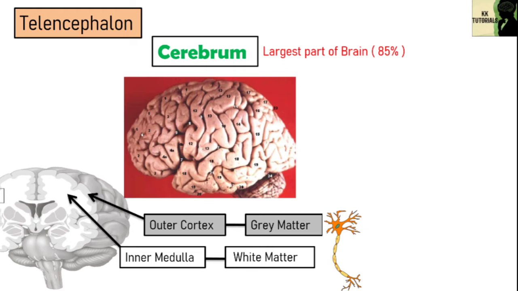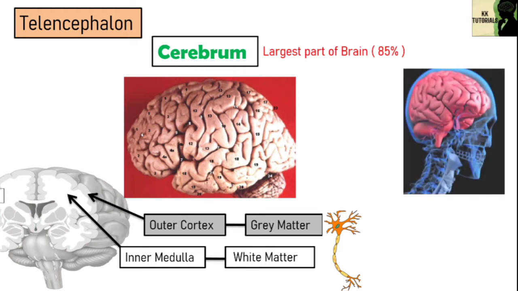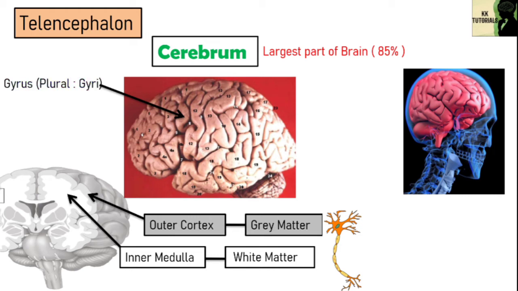When you observe the outer surface of cerebrum, which is called cerebral cortex, you will notice that it is not perfectly smooth. Instead, there are many elevations and depressions. Ridge or elevation on the surface of brain is called gyrus. Each gyrus is surrounded by depressions known as sulci. Brain gyri and sulci have two important functions. They increase the surface area of the cerebral cortex.